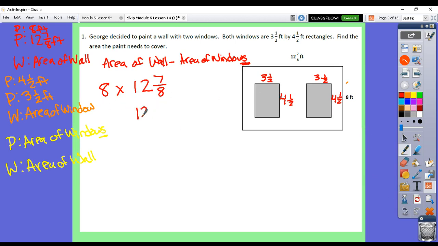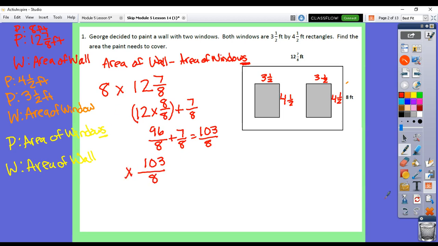So we need 12 copies of a whole with a denominator of 8. So that would be 8/8 plus our leftover 7/8. So 12 times 8 is 96/8 plus 7/8 is 103/8. So then I'm going to bring it down here and I'm going to say 103/8